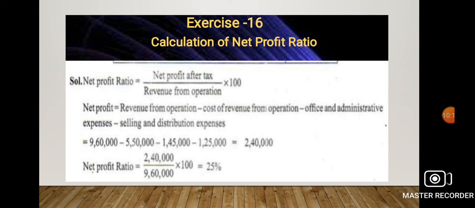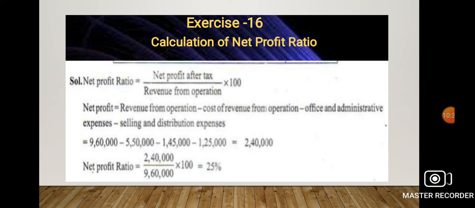Net profit ratio means the percentage of net profit on revenue from operations. It is calculated as net profit after tax divided by revenue from operations into 100. Net profit after tax equals gross profit plus indirect income minus indirect expenses minus tax, or another formula,